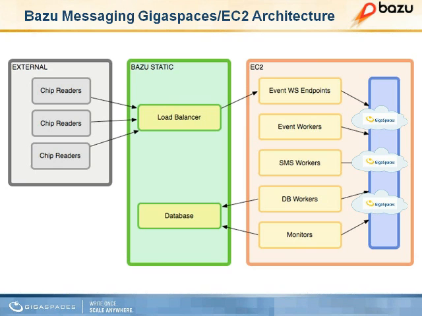This is a pretty high-level overview of some of the components involved in our application. The gray box represents external systems that basically read RFID chips of athletes that complete various events in the race. This info is then relayed through a REST web service to the EC2 system.